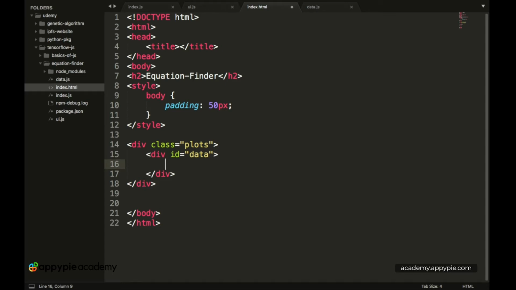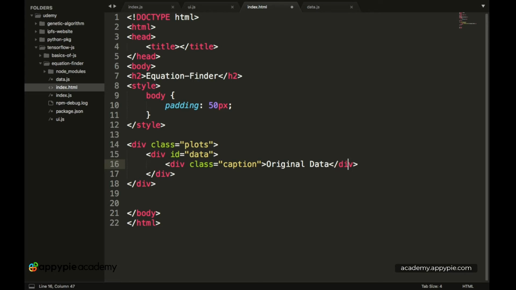The first one is another div, and the class over here is caption. Inside of this div we want original data, so we want to show that this is the original data which we have created.